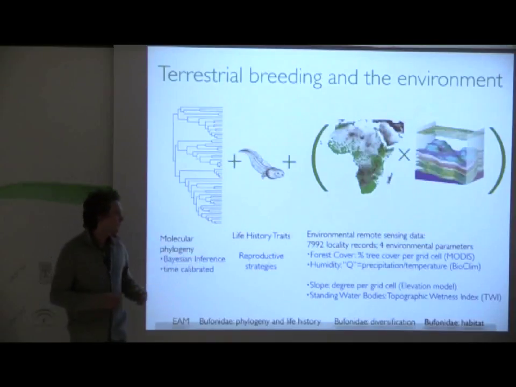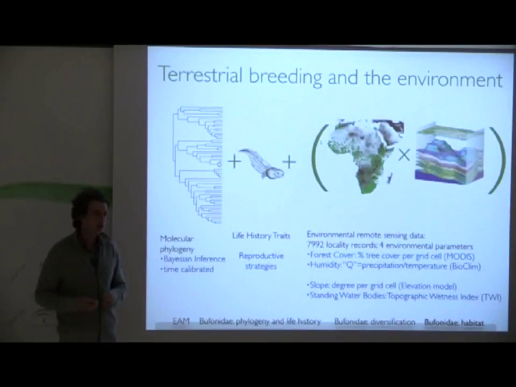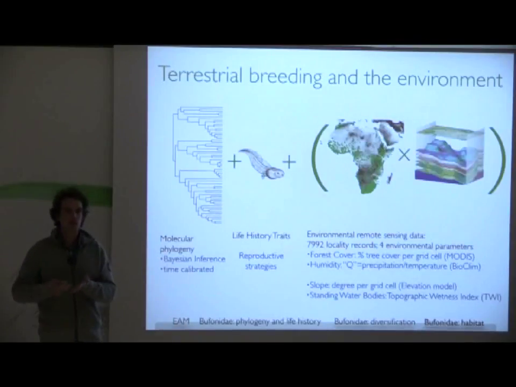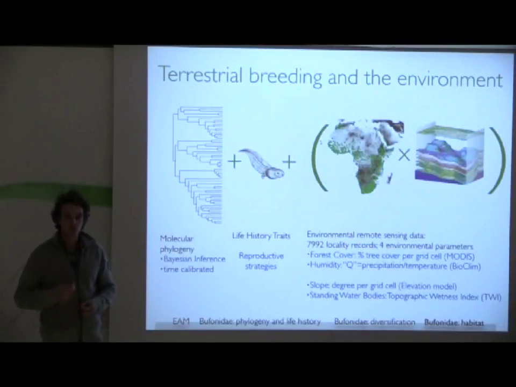Forest cover, for example, was a measure of the percentage cover per grid cell. Humidity was calculated from precipitation and temperature data. We got a measure of slope from elevation models, and finally we calculated this topographic wetness index, which essentially gives you an idea of whether water accumulates in a place or whether it's likely to run off. So the idea is that it should tell us whether or not you could expect to find standing water bodies